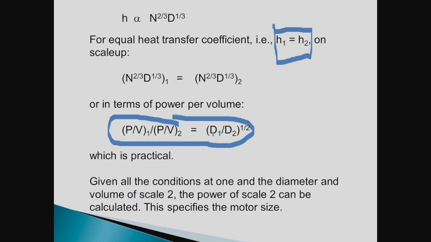So we specify D1, we know power over volume 1. N2 is where we're scaling to, the size we want to scale up to, so we calculate P, power per volume at scale 2, and then we specify the motor. So then we fill in the rest of the design with good